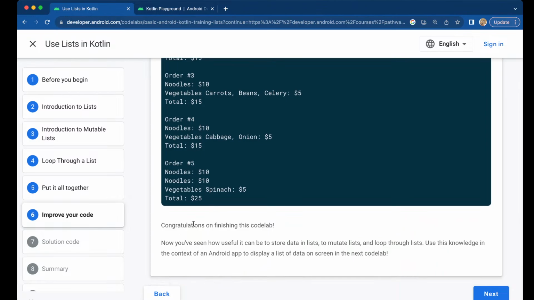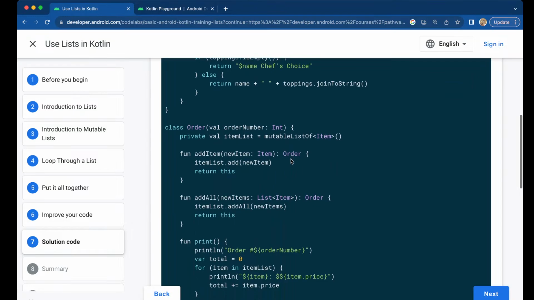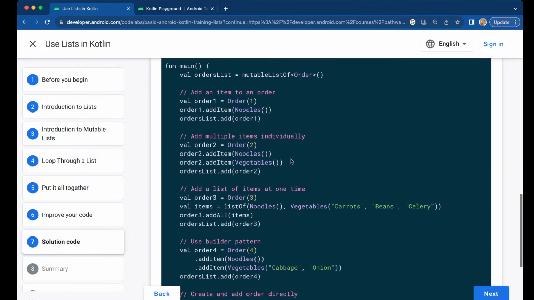Okay, congratulations on finishing this Colab. Now you've seen how useful it can be to store data in a list, to mutate lists and loop through lists. Use this knowledge in the context of an Android app to display a list of data on screen in the next code lab. So this is going to be our source code,